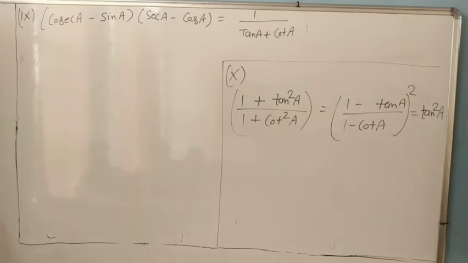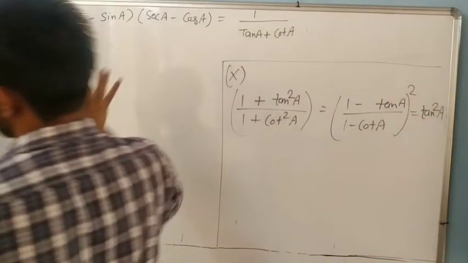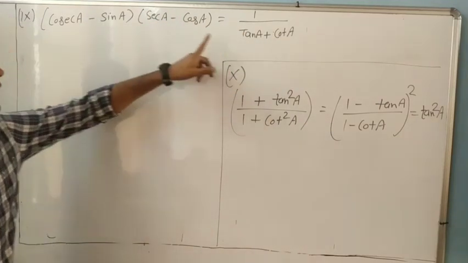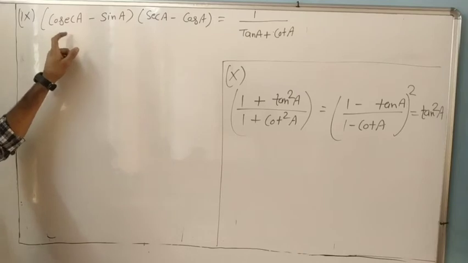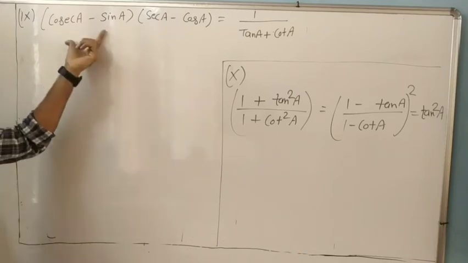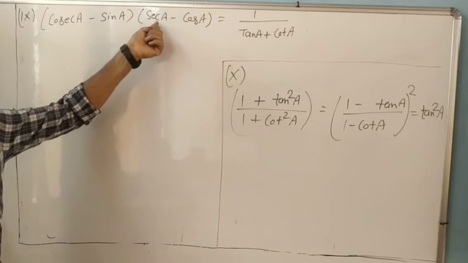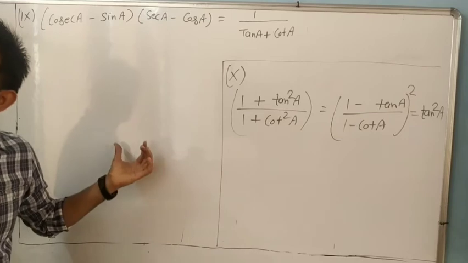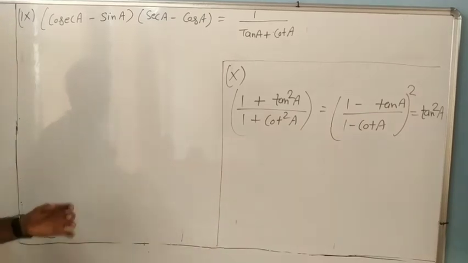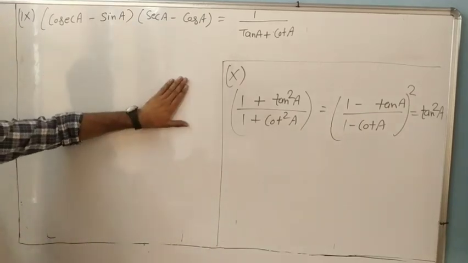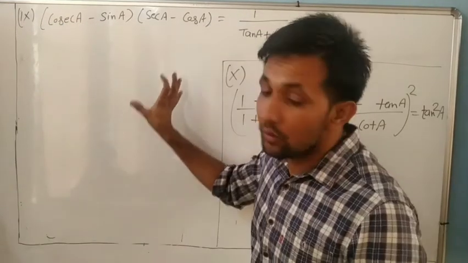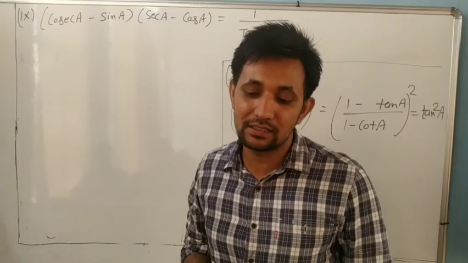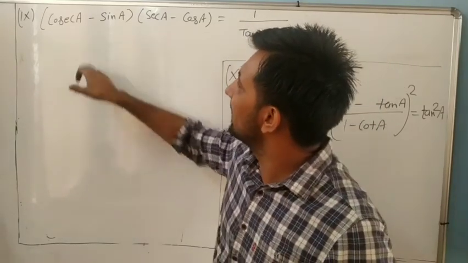Now dear, the 9th and 10th part. The 9th part is very simple. We have to prove that left hand side is equal to right hand side. What will we do? Cosec is changed to sine, 1 upon sine, and taking LCM, sec is changed to 1 by cos, and taking LCM. After taking LCM we will get some terms. The hint is already given in the question, taking left hand side and right hand side separately. So we will take only LCM and leave it.